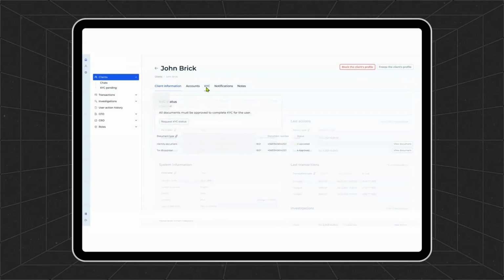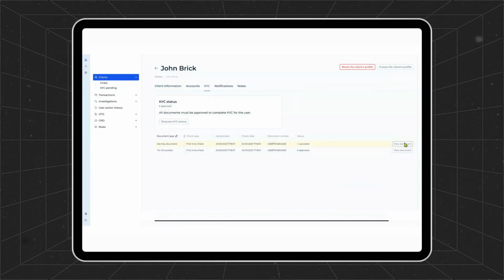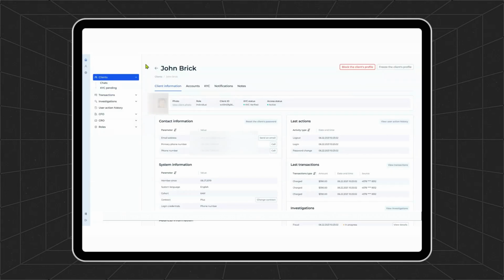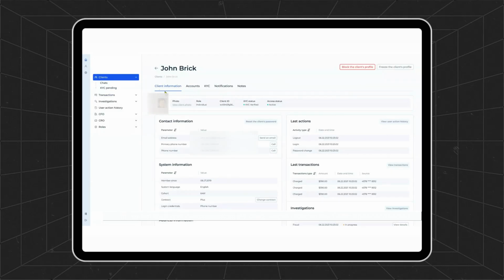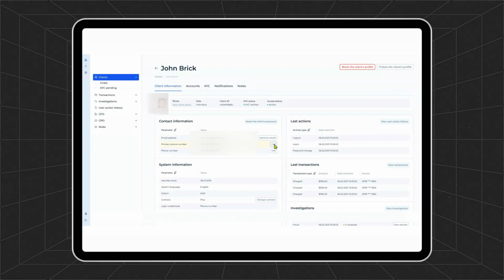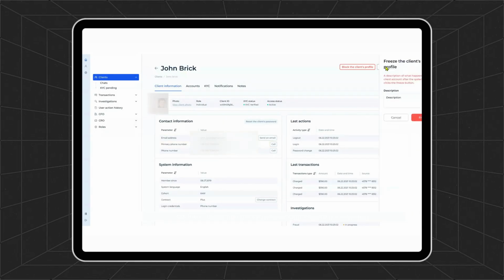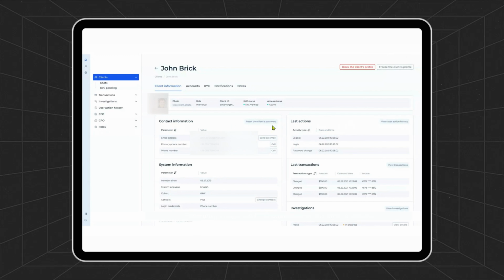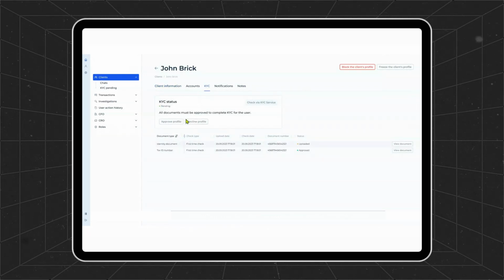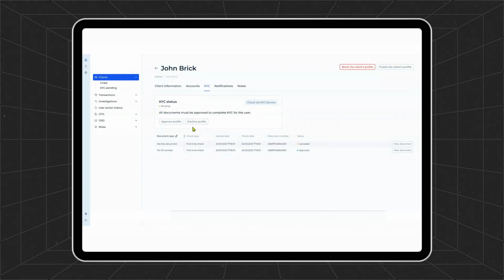In the Client section, you can view the client details. To request additional documents from the client, click on the Client Information section and contact the user through the system, sending an email or making a phone call. You can temporarily freeze the client's profile during document verification and unfreeze it when the documents have been checked. You can initiate the KYC procedure at any time to ensure that every client in the system undergoes regular KYC